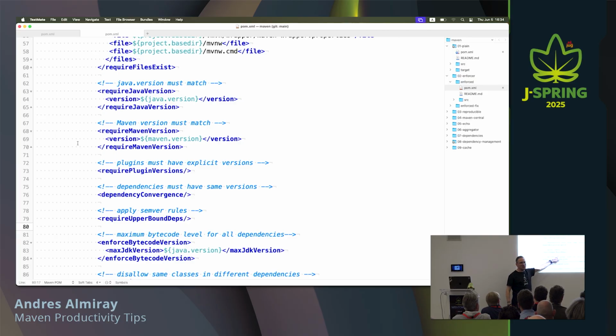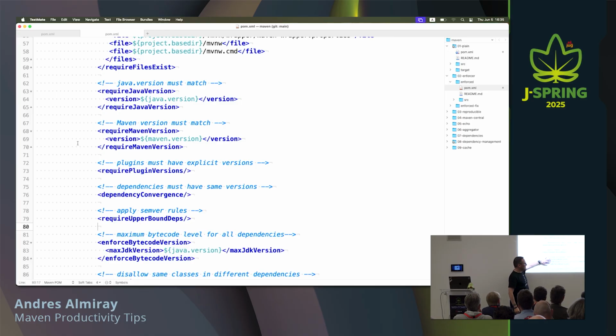Then require upper bounds. This is the one that says you want to follow semantic versioning. Why doesn't it have the name semantic version rule? I don't know, but this is the one. Then enforce bytecode version. This is another interesting thing. If you build libraries and you say my library requires JDK 17 and onward, but then someone consumes it in an application that is Java 8, that's going to be a problem, right?